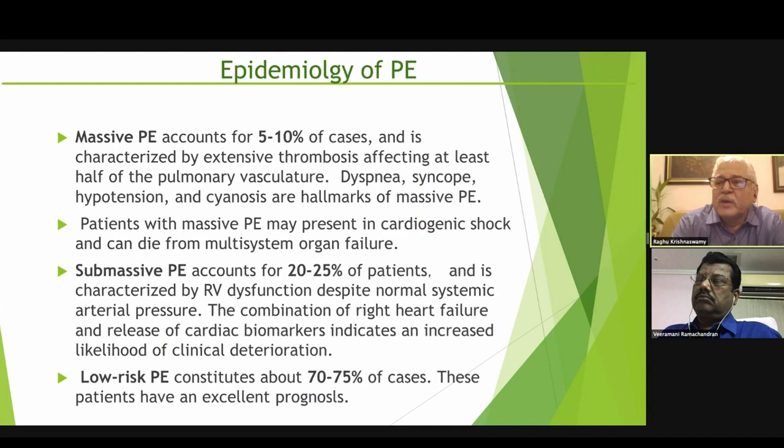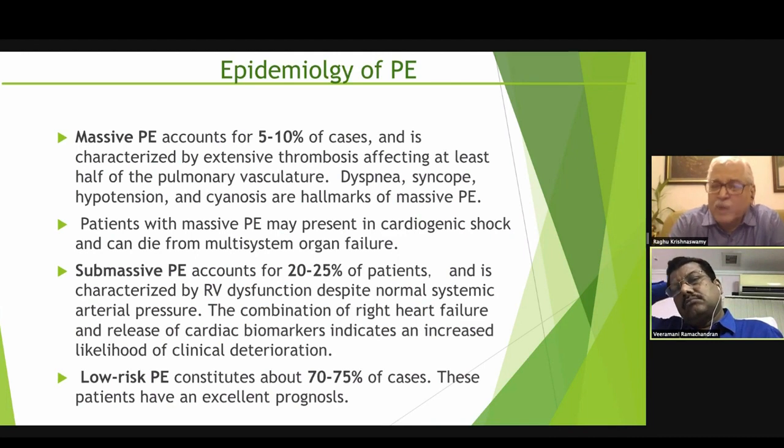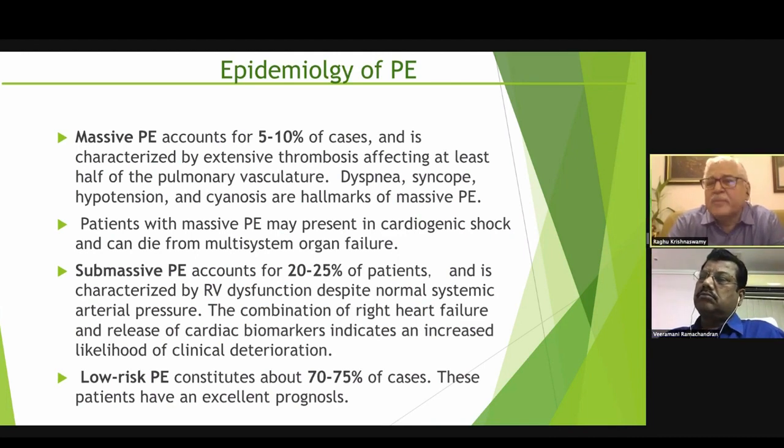Subsequently, we found out that she was on oral contraceptives, which I made her stop. And then after 1 year, when I tried to stop the anticoagulation, she had another recurrence. So she was now not on oral anticoagulation. It is possible that there were other factors also, though we looked for APLA and coagulation profile abnormalities, and it was not there. But after the second episode, I maintained her on long-term anticoagulation.